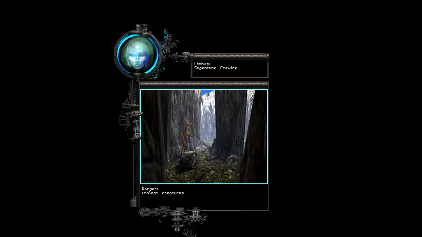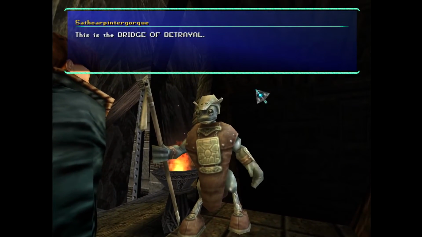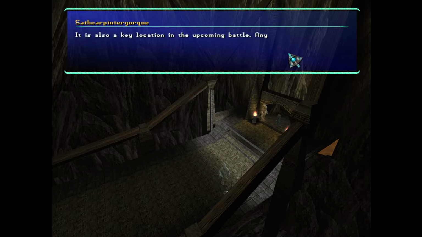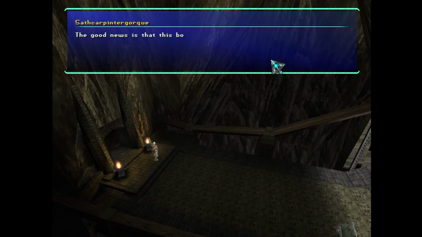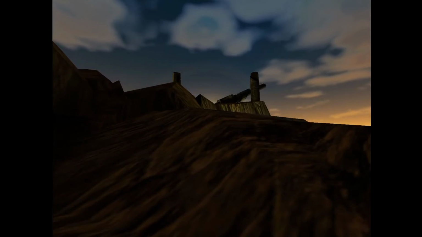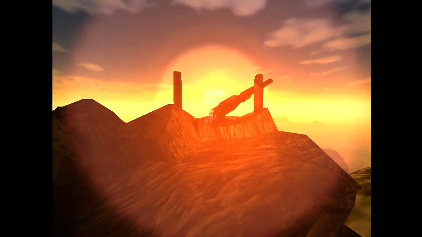The Bridge of Betrayal. This is the Bridge of Betrayal. Our greatest craftsmen and artisans labored decades to craft this monument to Libusonian ingenuity and perseverance. It is also a key location in the upcoming battle. Any enemies that the lance of the Vigil fails to shoot down will make their way to this bridge. The good news is that this bottleneck is the only way to breach the gates. The bad news is that you destroyed our only means of defending it, the Saga and Kra. That's not the only way, you have people. And me. The guy who defeated the Saga and Kra, no biggie, just